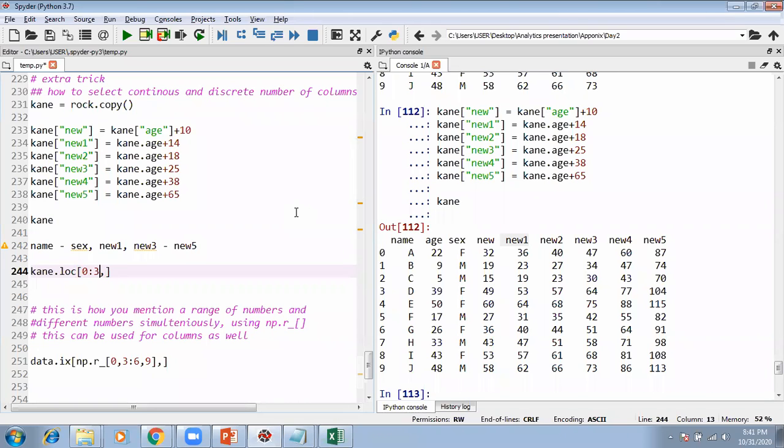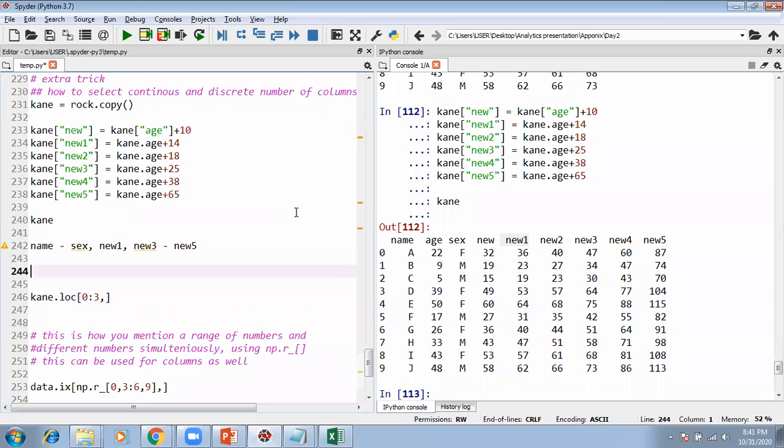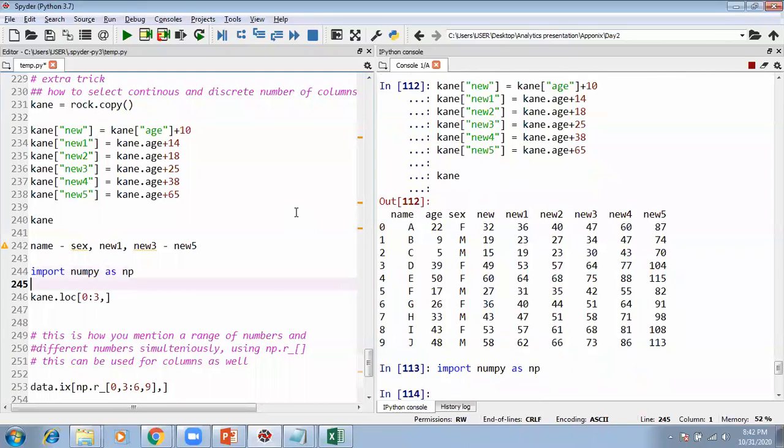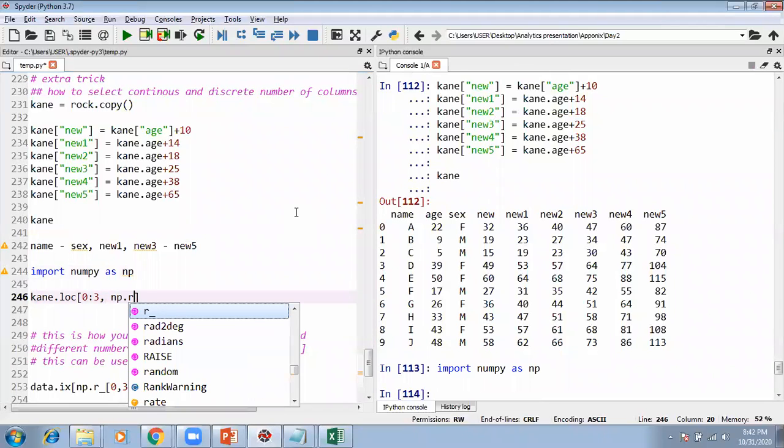Now, this is the extra trick I'm going to show you, that we can still select these columns by using a numpy function. You remember we had done it, import numpy as np. So I'm going to write np.r underscore